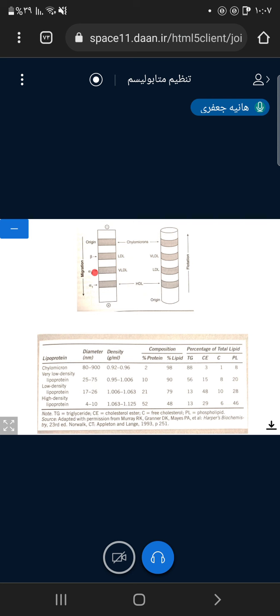بعد پس بنابراین کلسترول سرم و میزان تریگلیسیرید پلاسما برای